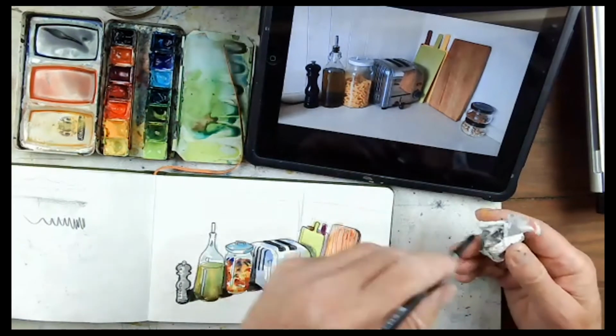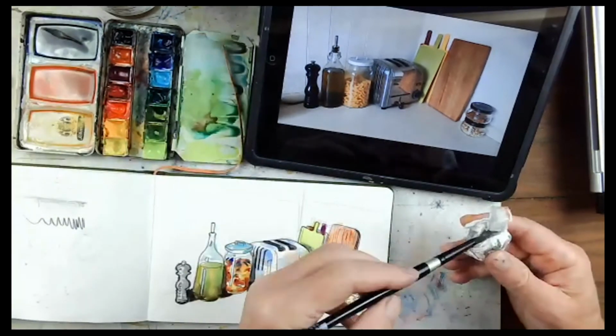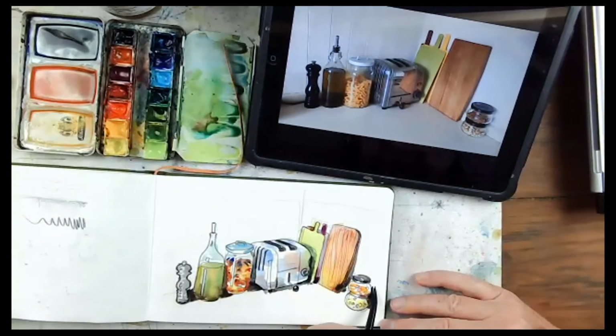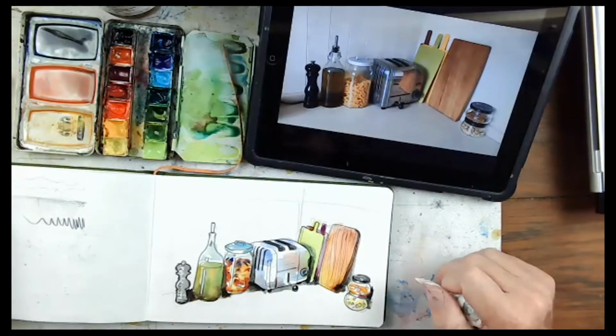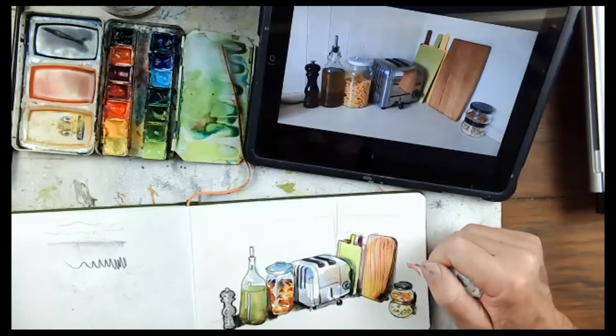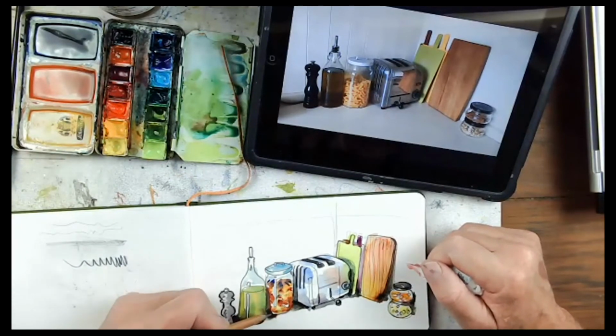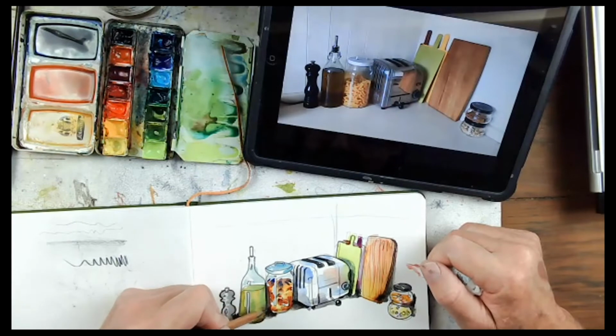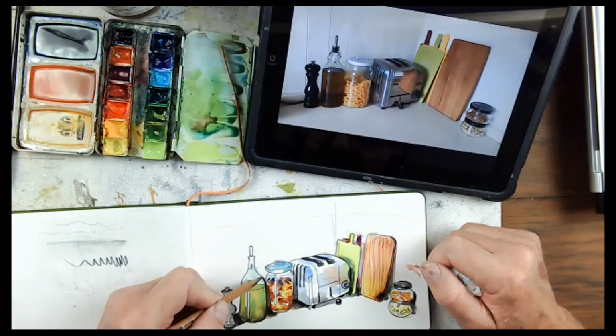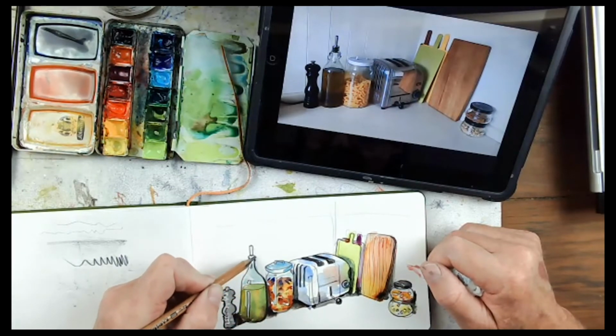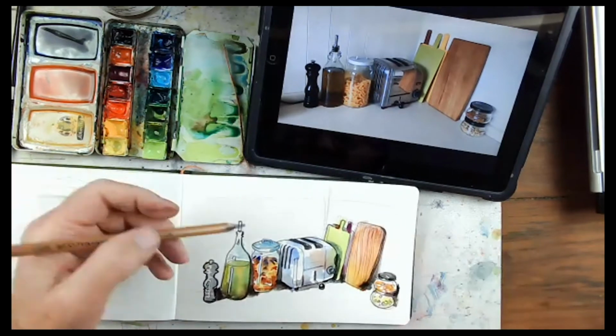If I want to soften the edges of these shadows, I just take my brush and dry it off and just dampen off the edges, just to soften things down. And then I can come in with